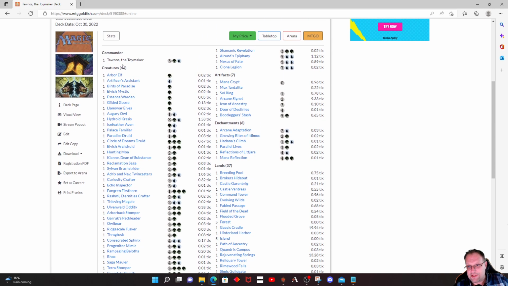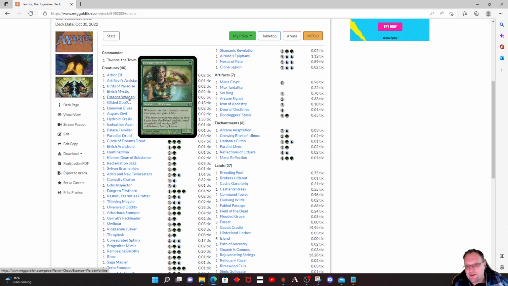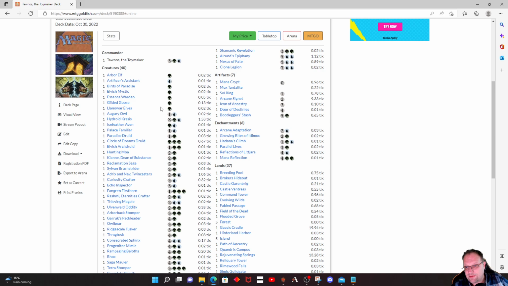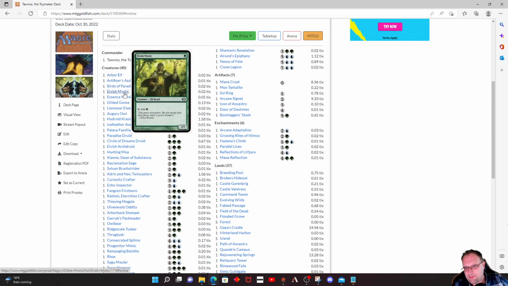Well, let's look at the creatures. We'll ignore Tawnos. That'll come live once this actually becomes available. So creatures. I did try and pick some birds out. So we had Artificer's Assistance, Birds of Paradise, Gilded Goose, Augury Owl, Ice Feather Avon, Palace Familiar, and so forth. And then I went with some sort of rampy creatures as well. So we've got Arbor Elf, Birds of Paradise is a bird and a ramp,